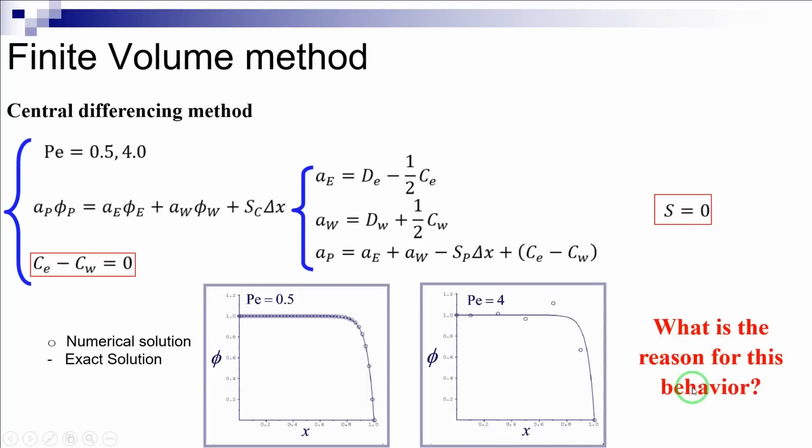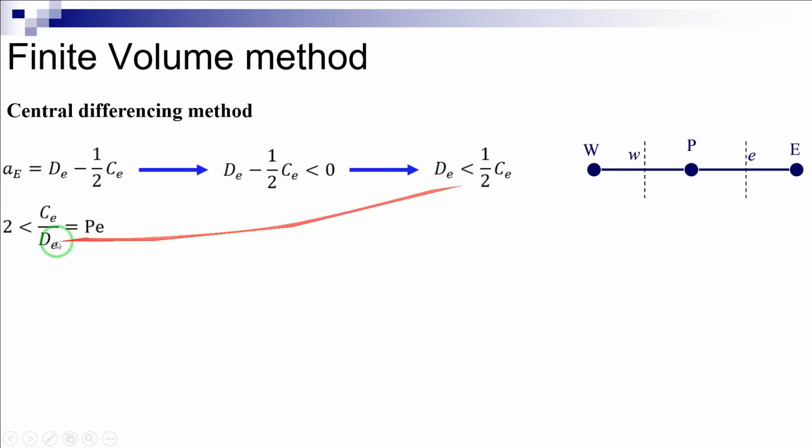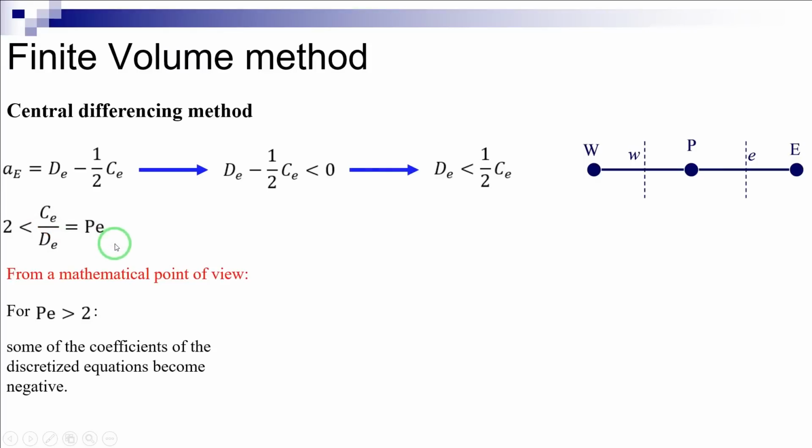As observed previously, the coefficient at the eastern face is defined as follows. There is a possibility for this coefficient to become negative, thus leading to unphysical results as shown here. This equation can be rewritten as shown here. Considering the definition of Peclet number, we are going to have this equation. Thus, from a mathematical point of view, it can be argued that for Peclet numbers larger than 2, some of the coefficients of the discretized equations become negative, and this consequently eliminates the boundedness of phi P with respect to